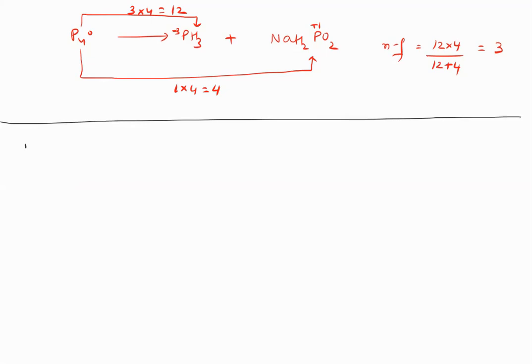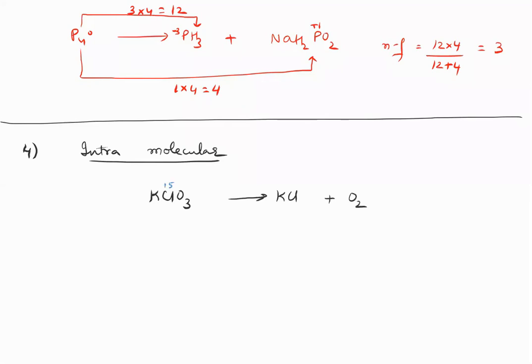Now the last category is intramolecular reactions with the normal definition. So normal intramolecular reactions, examples like KClO3. In these kinds of reactions, for N factor, either look at oxidized or look at reduced, any one. Just like for salts, we said either look at cation charge or anion charge. Similarly here, either look at the N factor of the oxidized one or the reduced one. Both of them have to be the same. If they are not the same, then there's something wrong with your calculation.